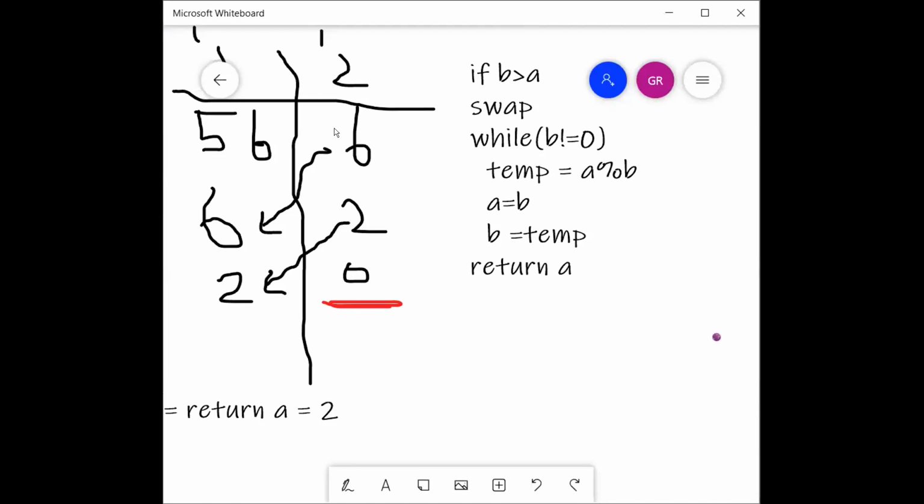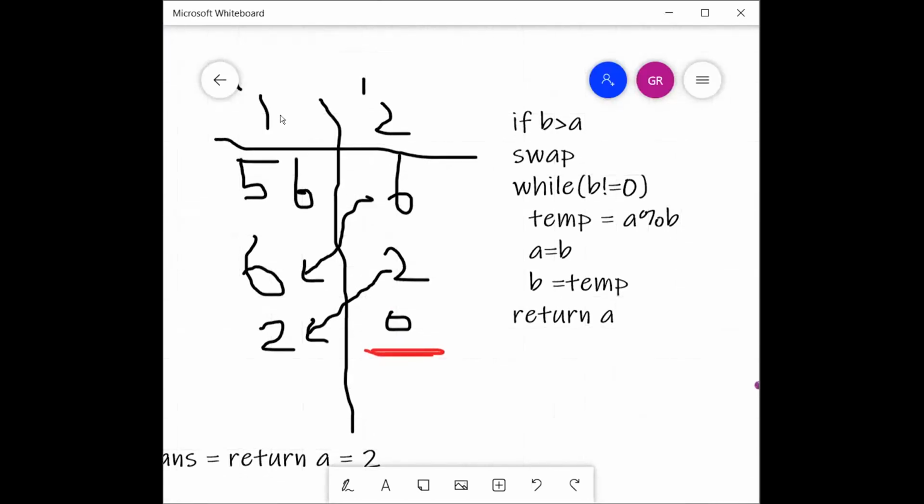Yes, you can see here. Now the first number is 56 and the second number is 6. If we consider the second number not equal to 0, I will say why we have to consider only the second number. Now, we have a logic that if 56 is divided by 6, it leaves a remainder of 2.